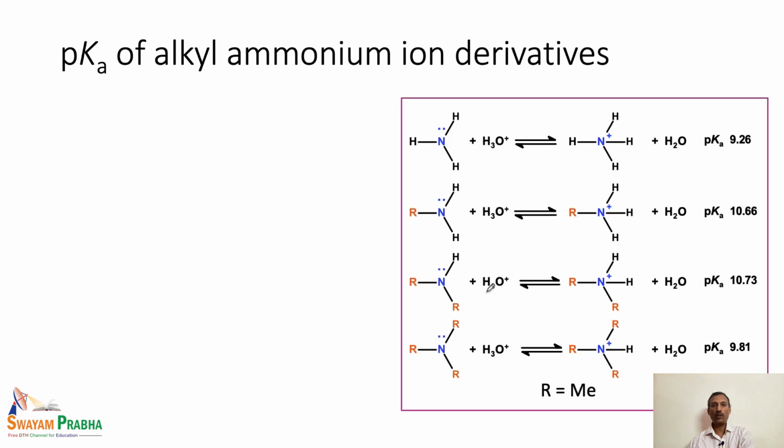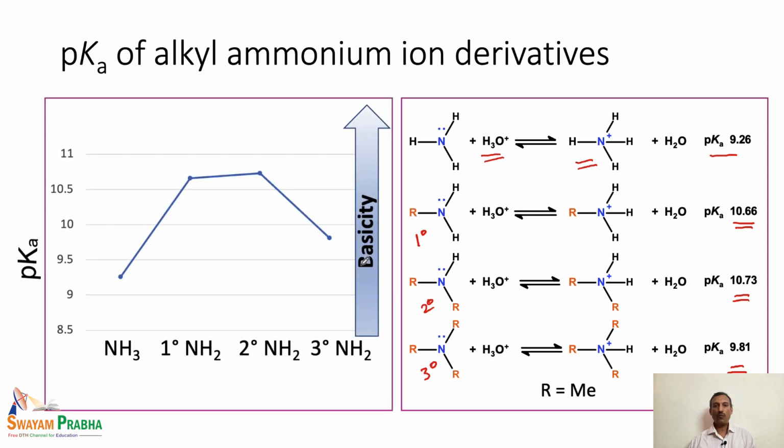So let us look at the pKa of alkyl ammonium ion derivatives. Here we have the equilibrium reaction between ammonia and H3O plus, which gives the ammonium ion as shown here, and for this particular species the pKa is 9.26. When we have the primary amine the pKa is 10.66, for the secondary amine the pKa is 10.73, and for the tertiary amine the pKa is 9.81. So if you look at the basicity plotted against the strength of each amine,